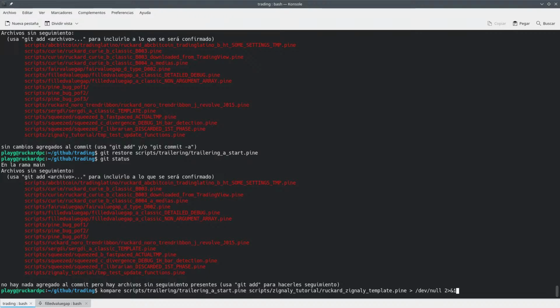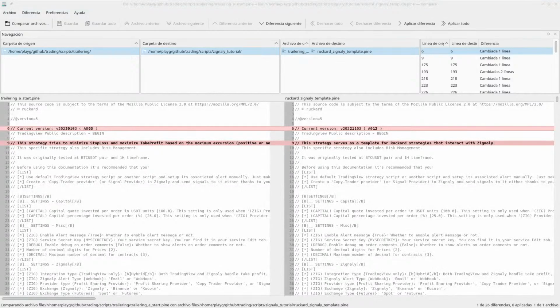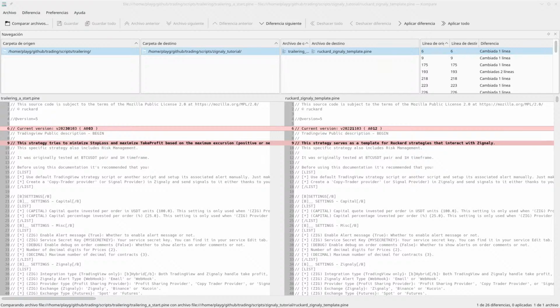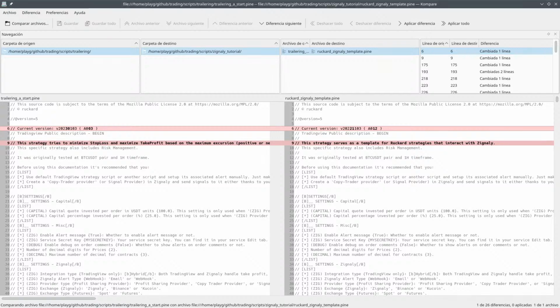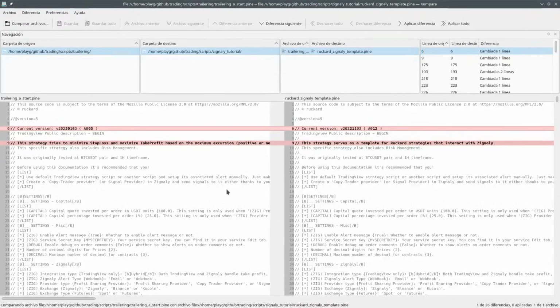We can try to apply. Now let me try to remove. I mean, I have a lot of this. Let me open this again. So what we want to do here is